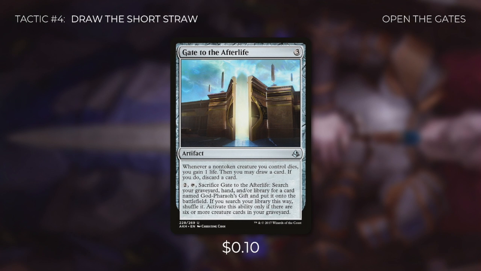Then there's Gate to the Afterlife, which says whenever a non-token creature you control dies, you gain 1 life, then you may draw a card. If you do, discard a card. So while this technically doesn't give us card advantage, it does help us get rid of any dead cards in